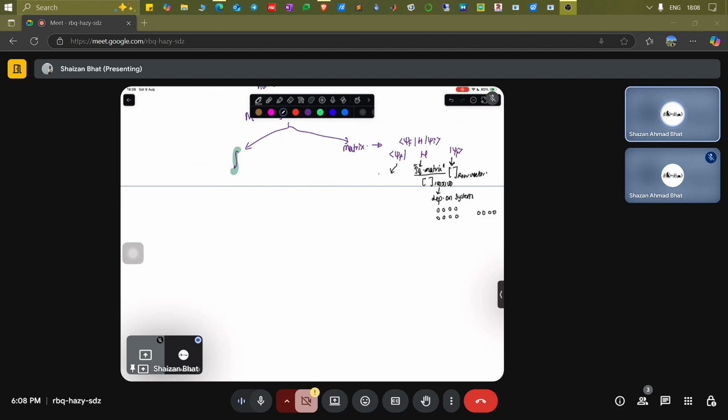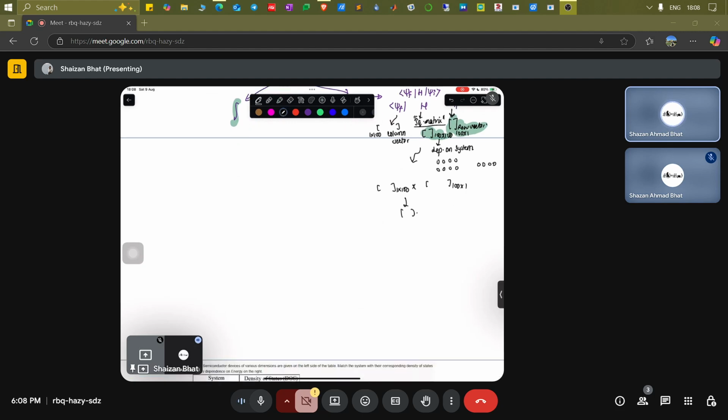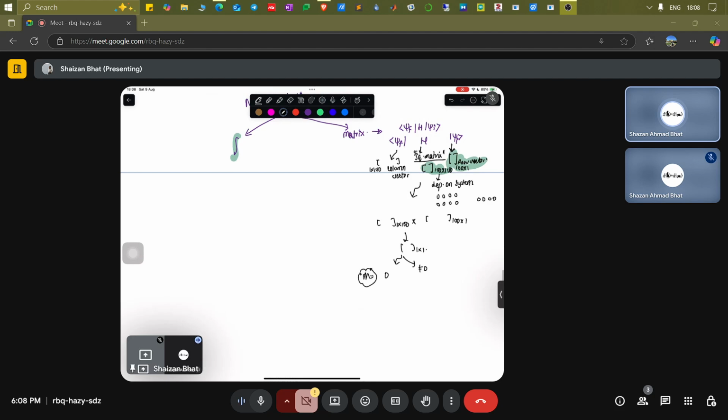And this is a column vector, let's say a 1 cross 100 column vector. This is a 100 cross 1 row vector. When you multiply a square matrix with a row vector, you get a row vector which is 100 cross 1. Now you multiply the column vector, 1 cross 100, with the row vector. What are you going to get? A single element, which can be either zero or non-zero. That is the matrix element you evaluate in matrix form.